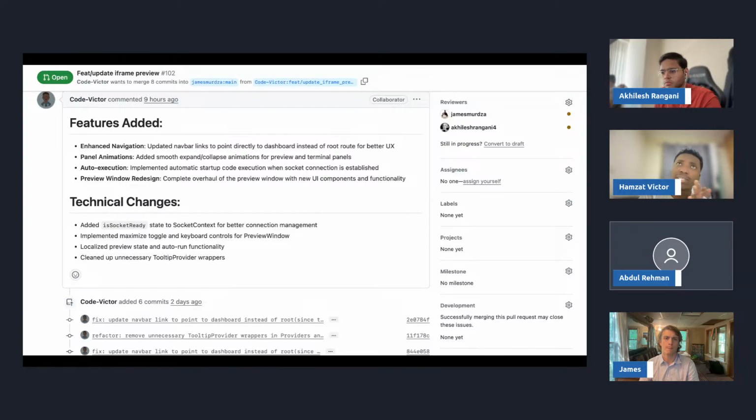I also added this new maximize feature where you can maximize the view, because now the preview pane is a bit too small. I might want to inspect or see how your app looks on a larger screen, or copy the link and paste it somewhere else. But now inside the editor you can make the preview pane larger, over almost the whole screen. And you can see it larger, with an additional option to open in a new tab and view what you currently have. So that's what I did.